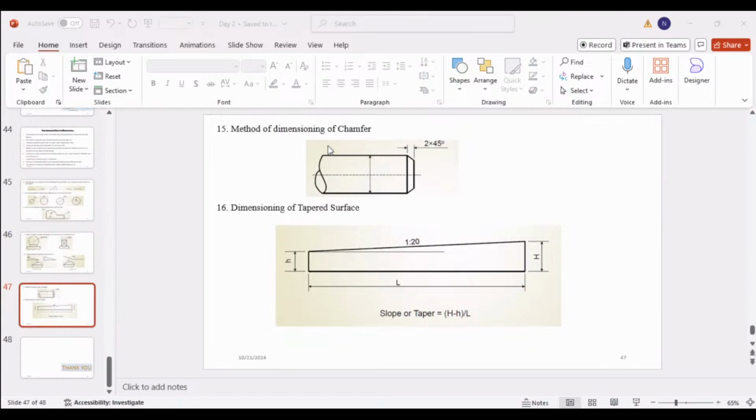So, method of dimensioning of chamfer. Round